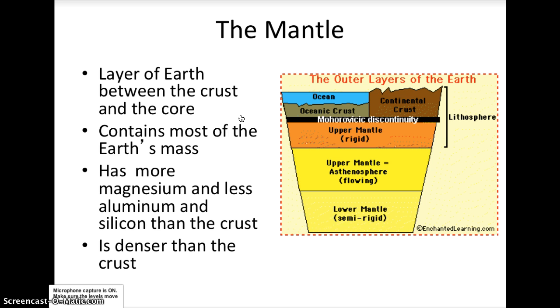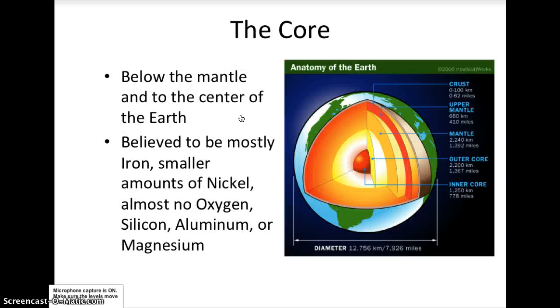Then under that we've got the mantle. So the mantle is the layer of Earth between the crust and the core. It's where most of the Earth's mass is. It's got more magnesium and less aluminum and silicon than the crust. It's a lot denser than the crust too. So underneath the mantle is the core. They believe it to be mostly iron, smaller amounts of nickel, almost no oxygen or silicon or aluminum or